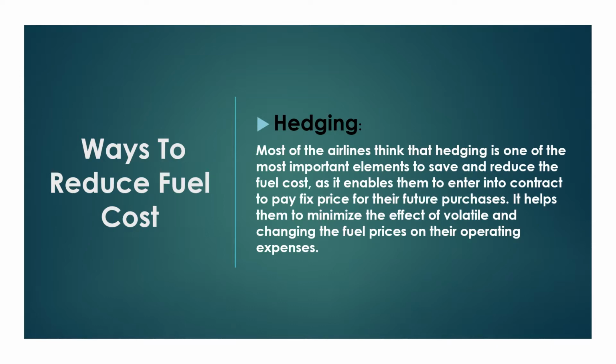Firstly, we will start with hedging. Hedging is an investment that protects your finances from risky situations, and most of the airlines prefer hedging as the most important element to save and reduce the fuel cost. And we have an example here for Qatar Airlines. They use the hedging strategy,